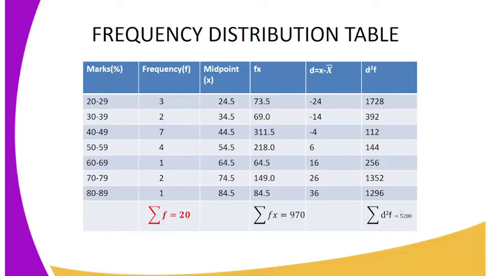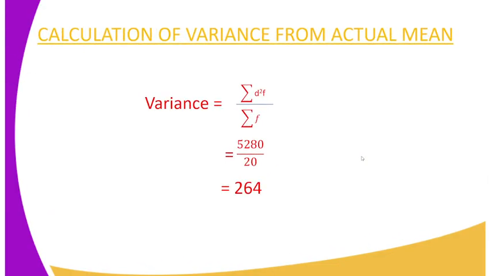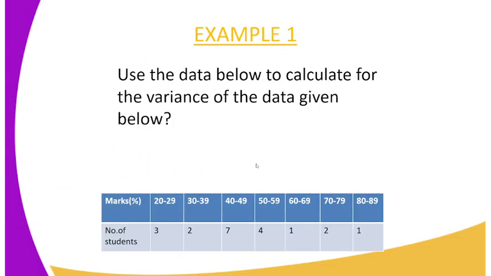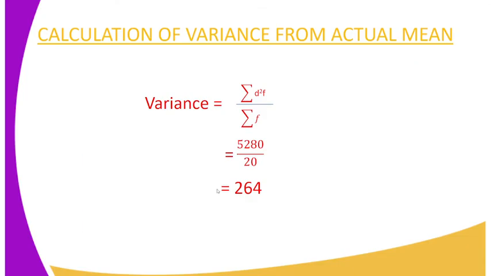and in this case you get 5280. Then after getting that, you go to the calculation of variance, and variance is calculated by summation of d squared f, you divide by the summation of f, and therefore the 5280, which is the summation of d squared f, then you divide by the summation of f, which in the table was 20. You can see it is 20. So you divide by 20, and the variance becomes